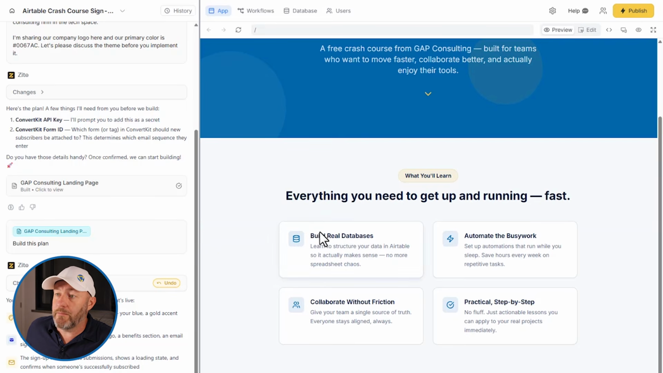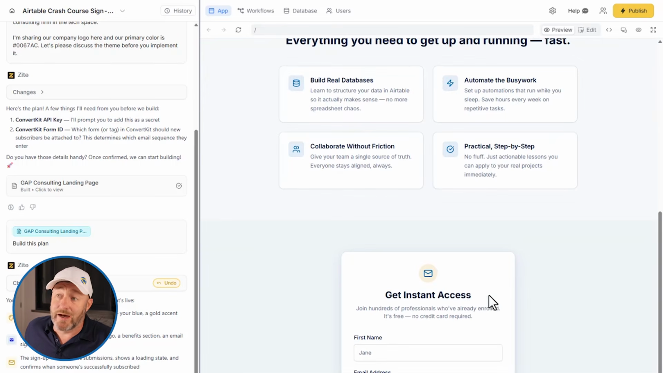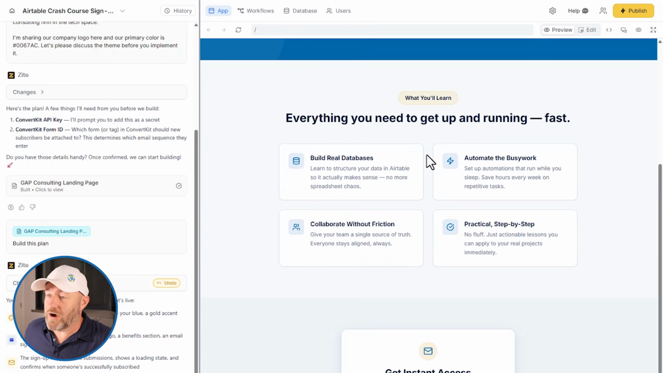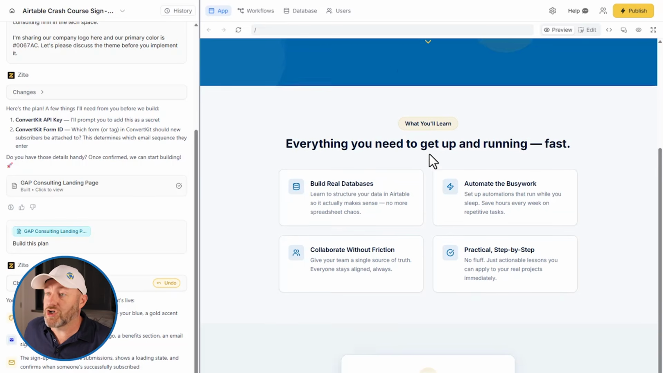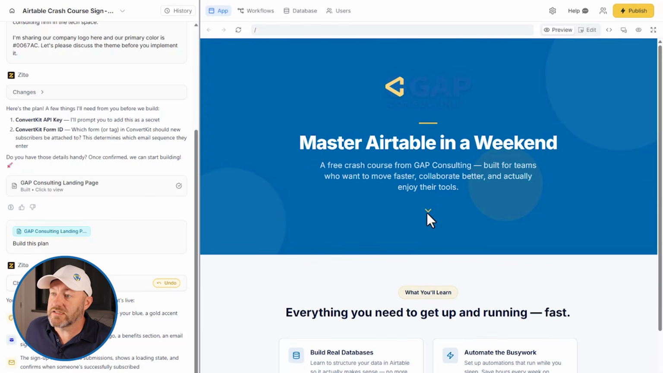It's saying what you'll learn: build databases, automate the busy work, collaborate, and practical step-by-step. Honestly, that's pretty much exactly what the Airtable Crash Course, that's one of our opt-in lead magnets that we have as a company, is. That is pretty much what it does. So Zite has done a great job of summarizing what it is. It's got this nice little arrow here. That's a cool visual. Again, I would need to clean this up,